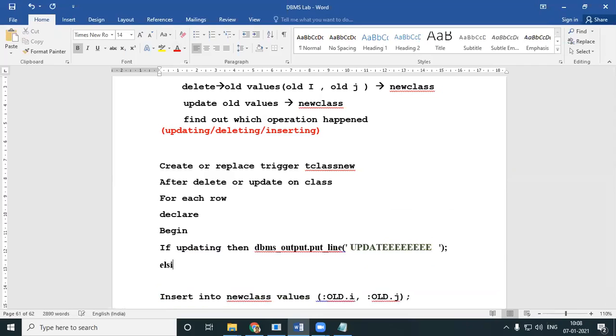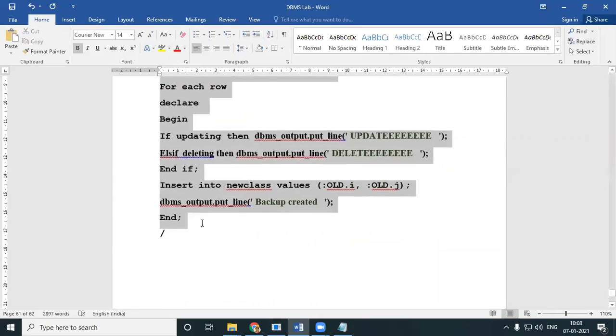Else if deleting is happening, then you can write delete. Else if inserting is happening, then you can write insert. I'm not writing inserting because I just have a delete and an update. Don't forget to end it with an end if. I'll copy it and put it that side.